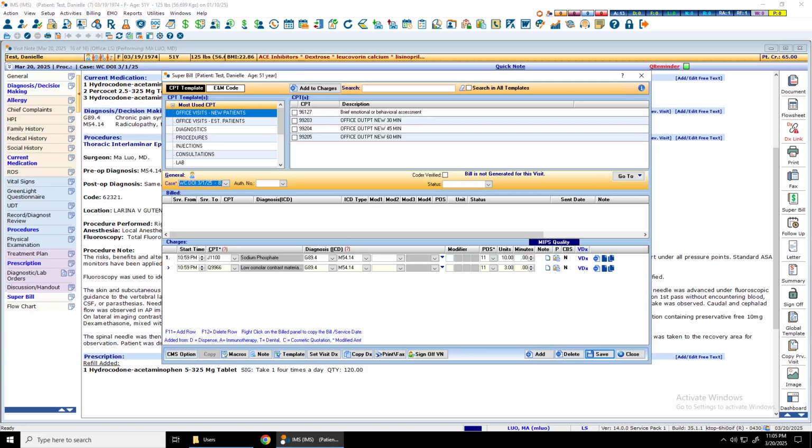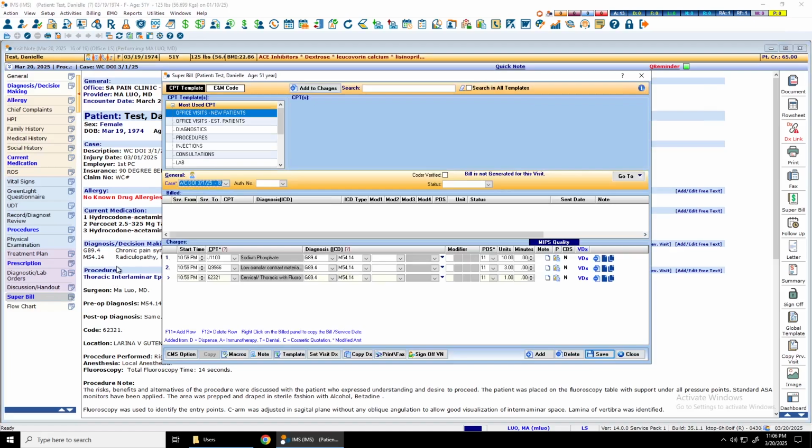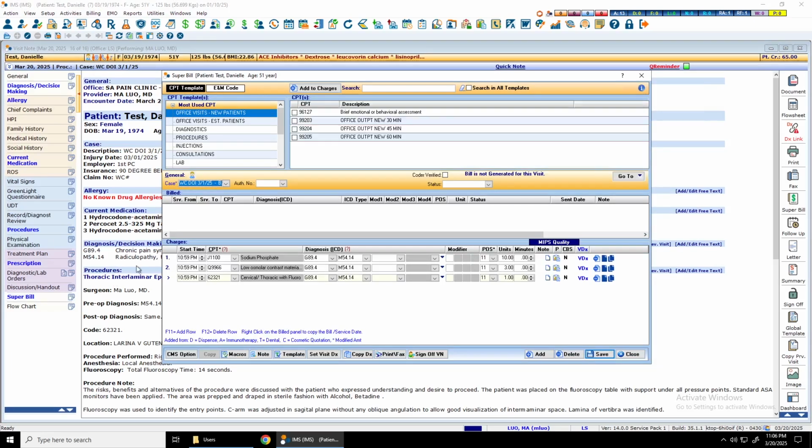All right, so let's try one more time. So earlier I was not able to get the super bill to show up. I think when I went back to check the template, the 62321 was actually not automatically built in. So I just went ahead and fixed that real quick. So now after you click down all of those options, what are the things that show up? So we use dexamethasone, so that